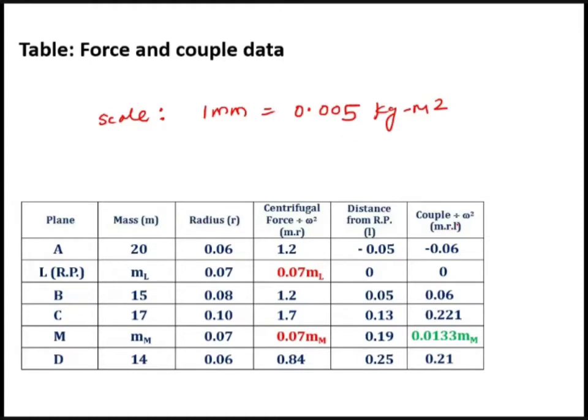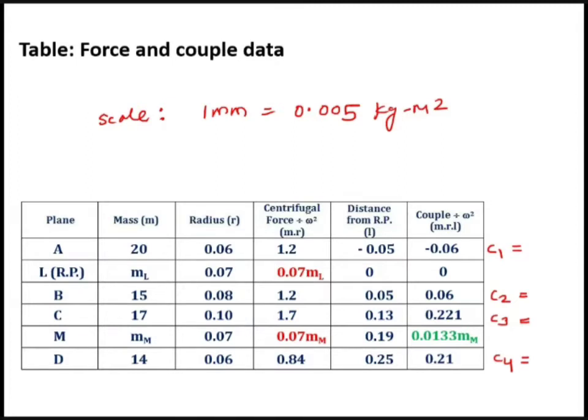So what is the first couple? The first couple is nothing but C1. Okay, this is C2, this is C3. Okay, this is unknown, and let us say this is C4. Okay, so forget about the unknown. What are the known couples? You just write down C1, C2, C3. Now what will be C1, C2, C3 and C4? You have to indicate this on the vector diagram, right?